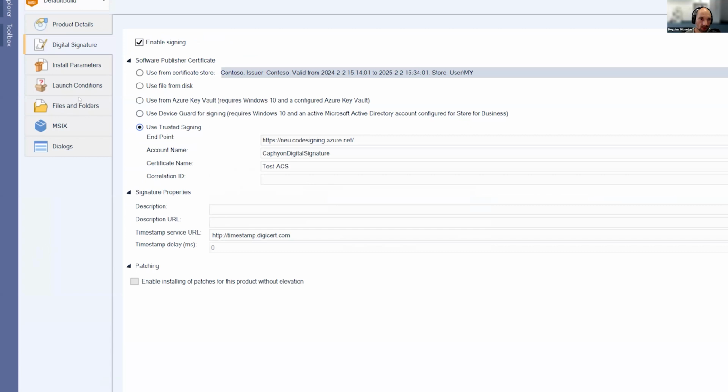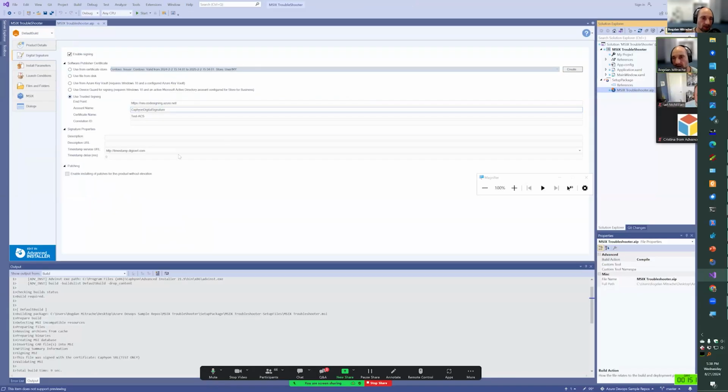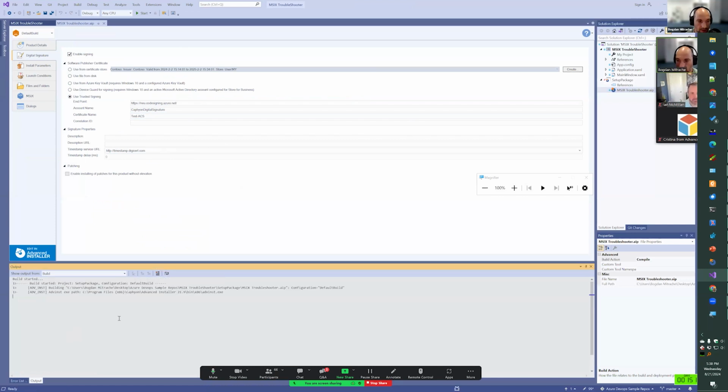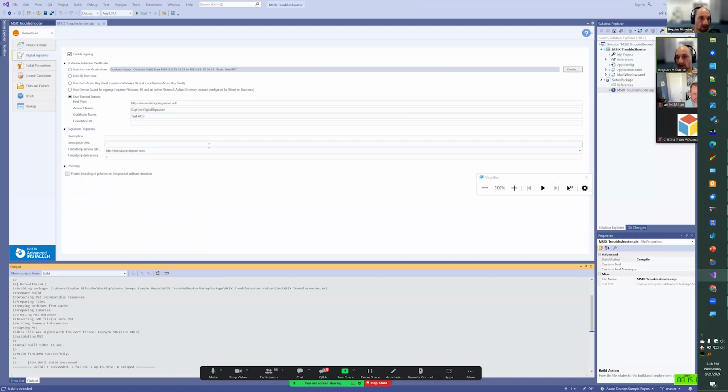But you can do the same here, like configuring the trusted signing configuration, as we've done in the UI of Advanced Installer. So depending on the type of projects, we have cases where customers just spend all the time in Visual Studio and really open Advanced Installer, and vice versa. And then if you just build the project, Advanced Installer will run everything via our command line interface and process the packaging operation and signing, just as you've seen it in our UI. And this time it's even faster because it's not waiting on any UI